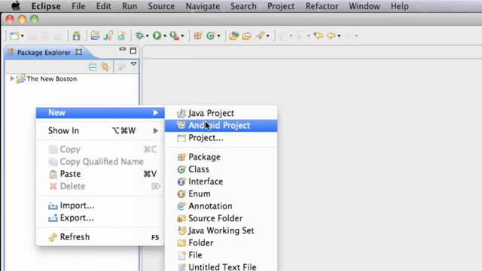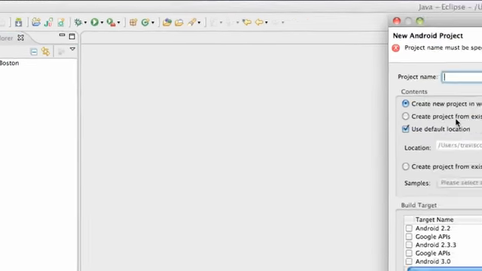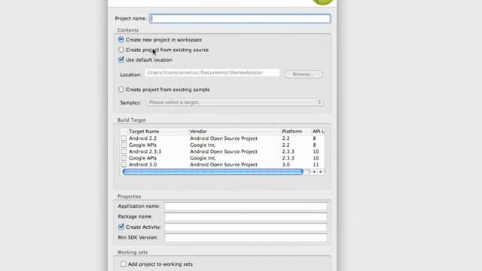Right click in that free space, go to Android project, and then type in whatever you guys want, maps, and we're going to say the new Boston, or whatever you guys want to label this. Again, you don't have to follow along for our package name, but we're just going to call this Google Maps,